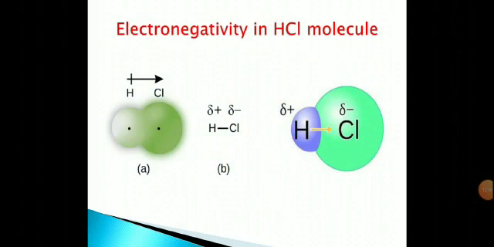In the HCl molecule, both hydrogen and chlorine atoms share one electron with each other to form a covalent bond between them. But even though it forms a covalent bond, chlorine is more electronegative than the hydrogen atom, so it pulls the shared pair of electrons towards itself. That is why the bonding electrons are drawn towards chlorine, forming a small positive charge on hydrogen and a small negative charge on the chlorine atom. I gave the diagrammatic representation of HCl here.